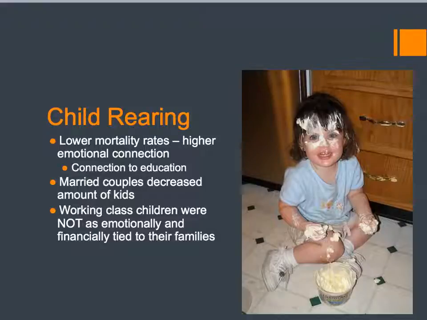Anyway, let's move on. Children, they're not dying as soon. That's awesome. Kids are living longer, which means that Mama and Daddy, Mama especially because she's at home, is growing more emotionally connected to the child. Okay? So, back in the day, you probably have 9 kids and you're probably batting .300 and have about 3 of them live. And then, once they pop out, you're like, hey, kid, come here. Because you don't want to get emotionally connected to that child, right? We've talked about that. You don't want to say, oh, Tommy, I love you. No, Tommy's going to be dead in 3 years, so what's the use?